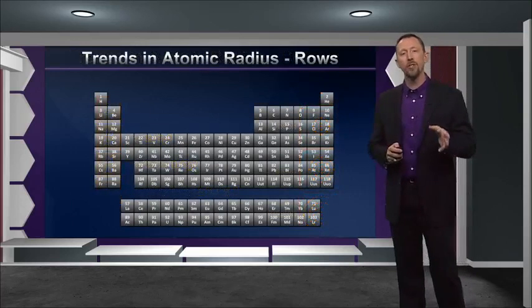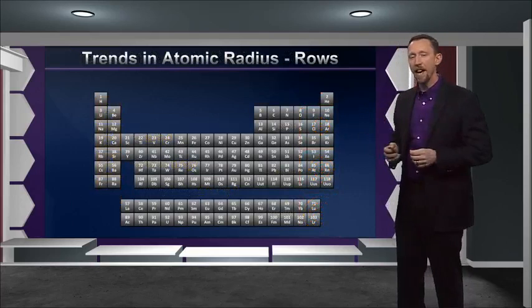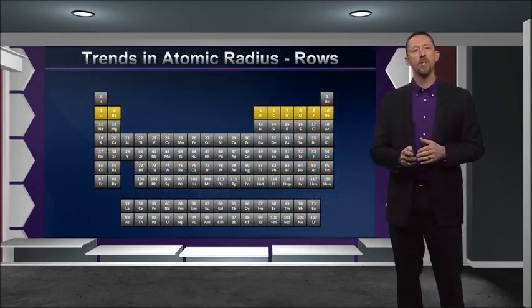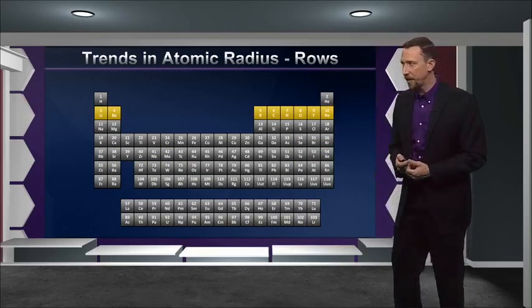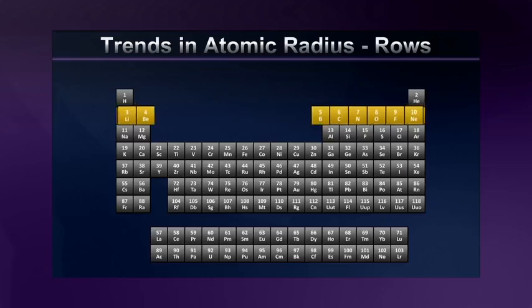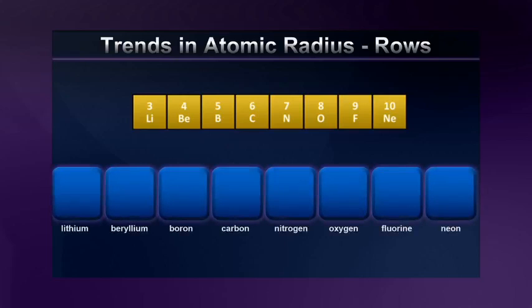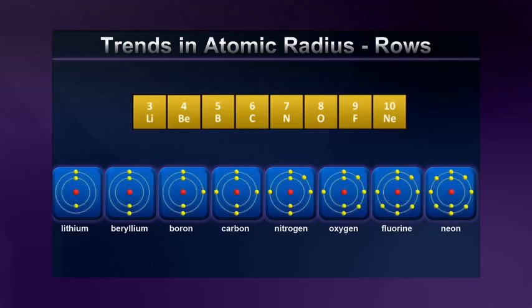But there's even more to trends in the radii of atoms that the table will let us determine. Let's consider what happens as we move across a row of the periodic table instead. In this case, we'll do row 2. So we'll be looking at lithium, beryllium, boron, carbon, nitrogen, oxygen, fluorine, and neon. Now in this case, we can't use valence shells to try to determine which is larger because they all have the same valence shell. Adding additional electrons to lithium, at least in this region of the table, increases the number